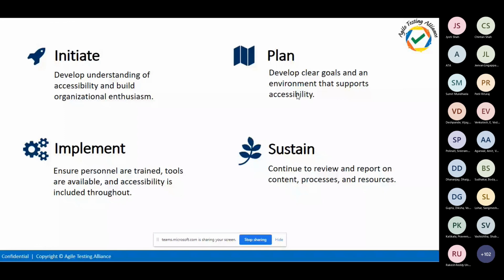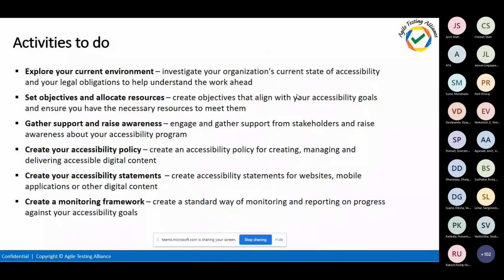So the activities you can do are: explore your current environment in your organization, look at the clients, especially your foreign clients. Are they doing any accessibility testing or not? Then you can pitch in and try to get more projects from them, set an objective, and try allocating some resources especially for accessibility testing. That will be really a great help, because the pain point of an accessibility tester is needing to know all the test cases, which is not that easy. And gather support, and also